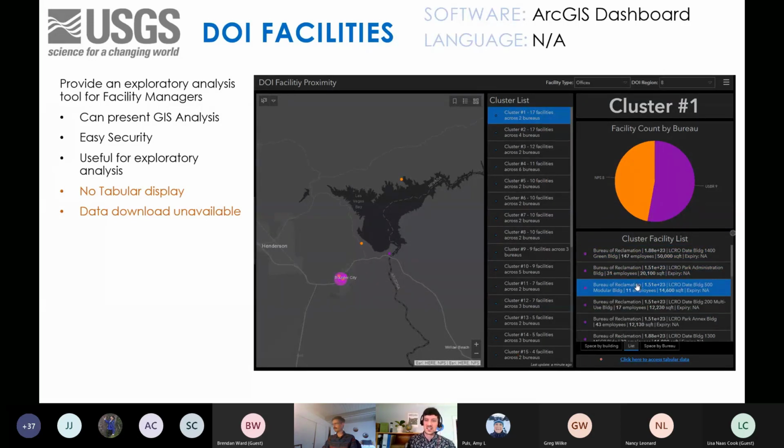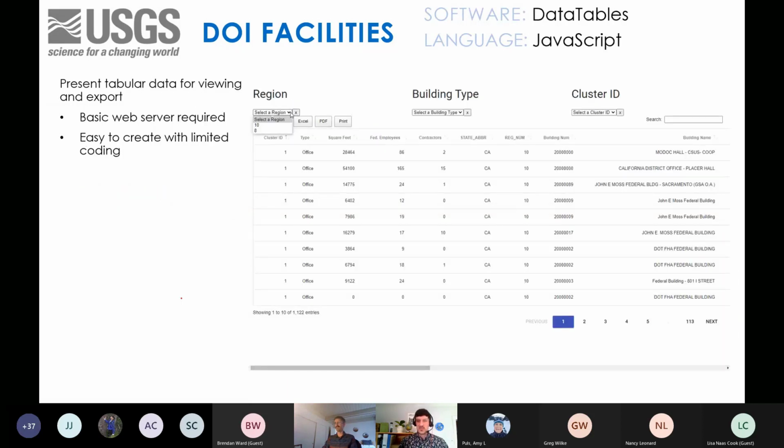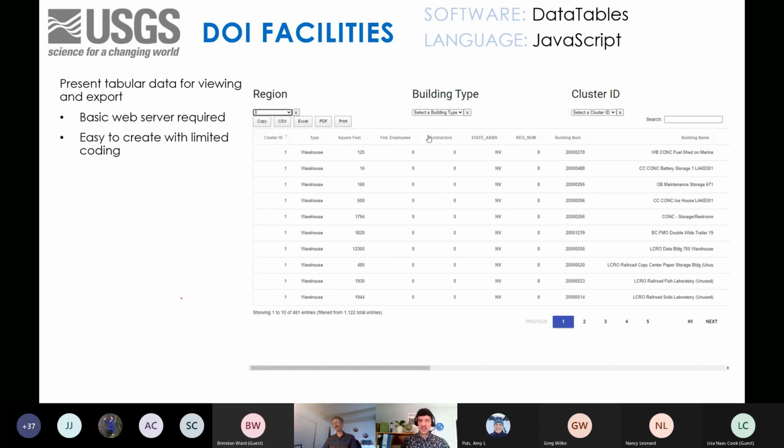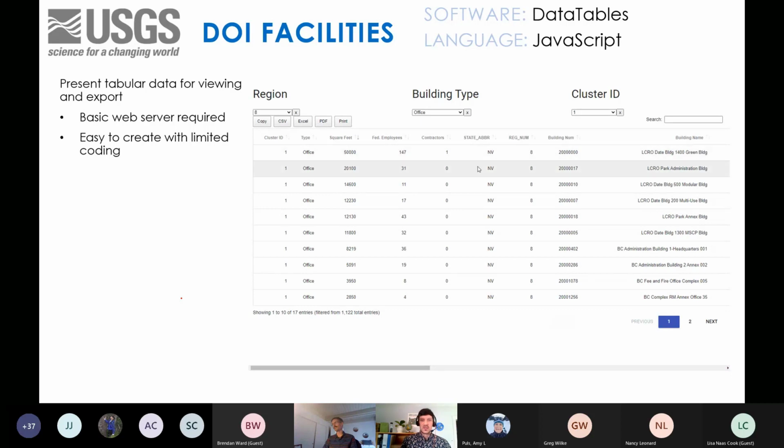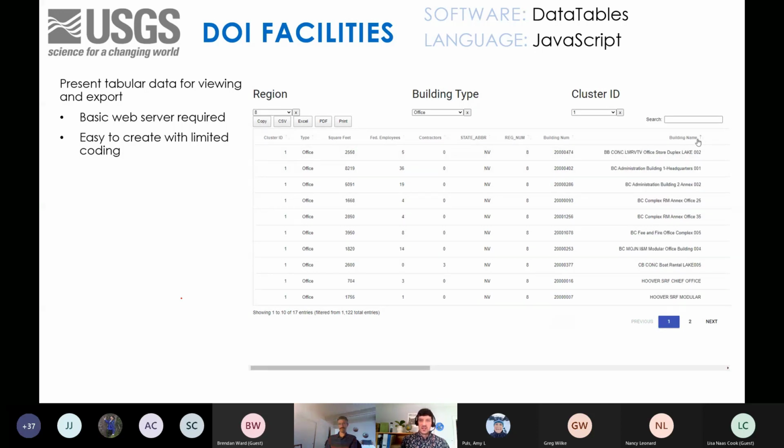And Jeff can go to the next slide to show a workaround that I used, which was putting the tabular data up in a JSON format and using open source web table tools to create a very basic Excel-esque table that was a nice extension of the dashboard. After the user could identify a cluster that they were concerned with, they can then go into this supplementary app and pull out the data for download and manipulation. So you can go to the next slide, Jeff.